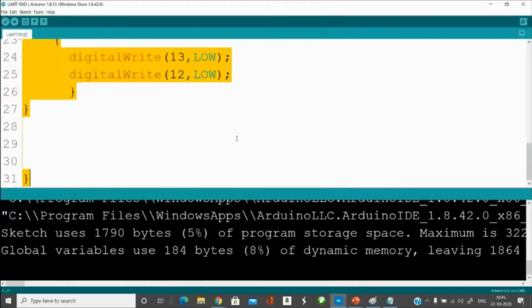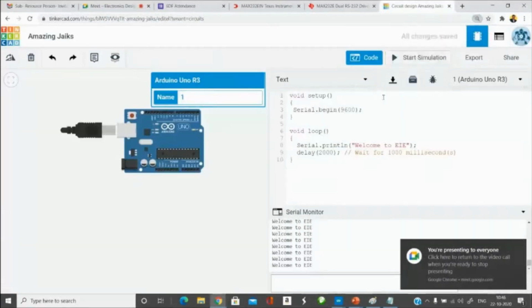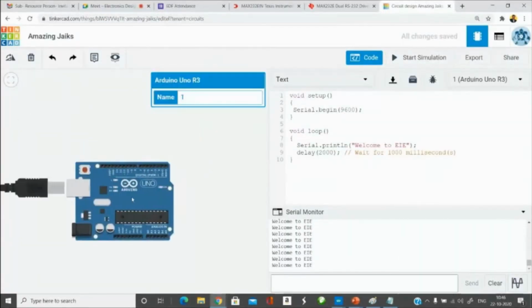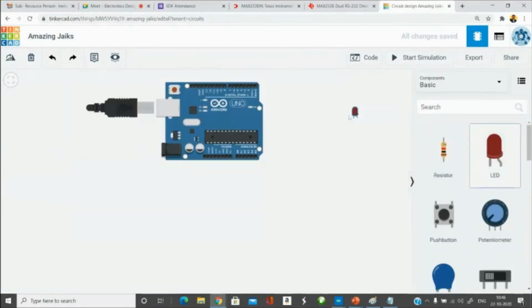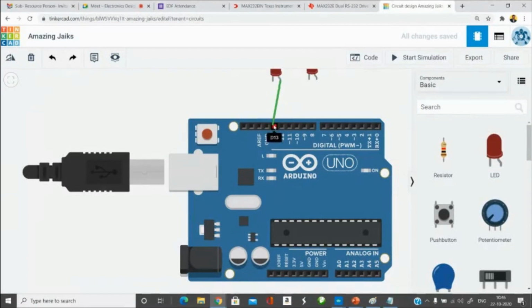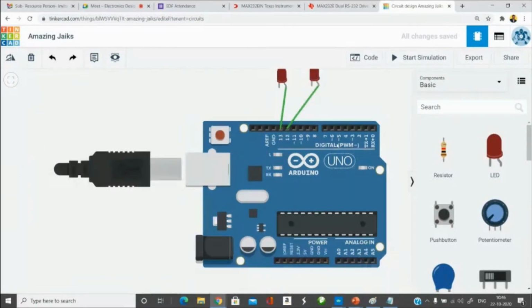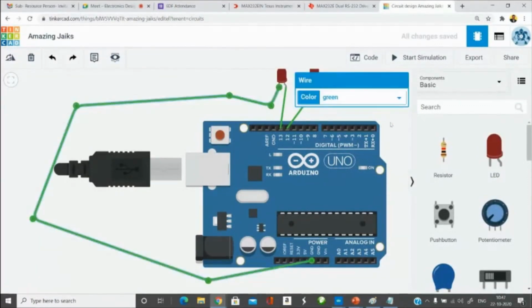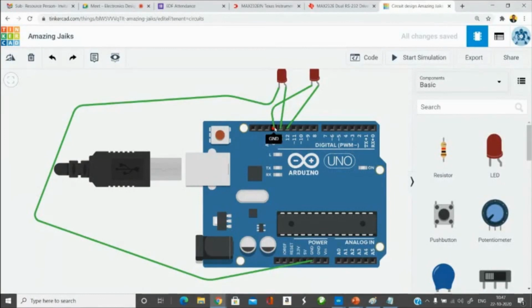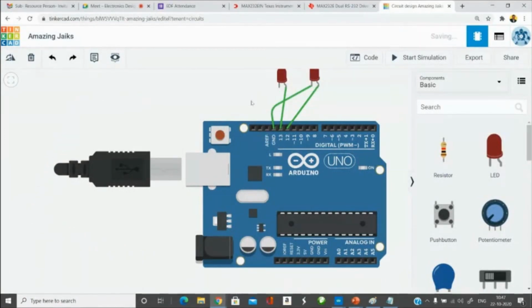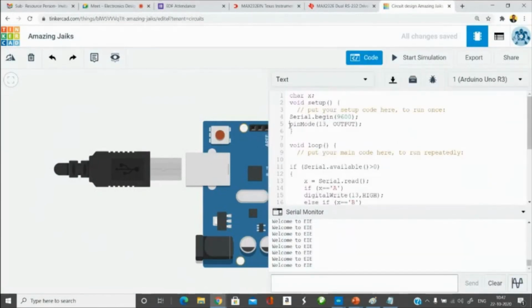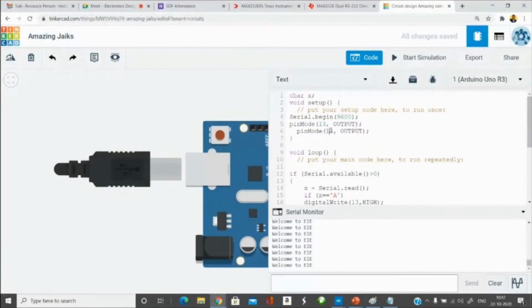Okay. I copy this entire code and go to the simulation. We have two LEDs, one on 13 and one on 12. Let's take LED 1 and another LED. The anode of this I connect to the 13th pin, and the anode of this to the 12th pin. There is one ground line; I use this one. I can also connect to the same point here itself. I delete this line and use the same ground line for connecting this. In the code, one thing that we missed is that we have to configure pin number 13 as output. Similarly, pin number 12 should also be configured as output.